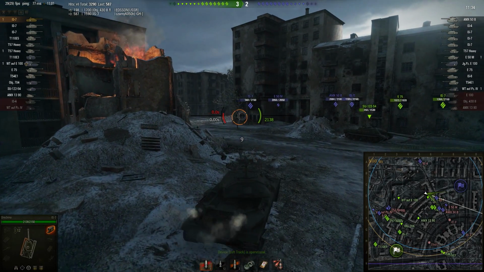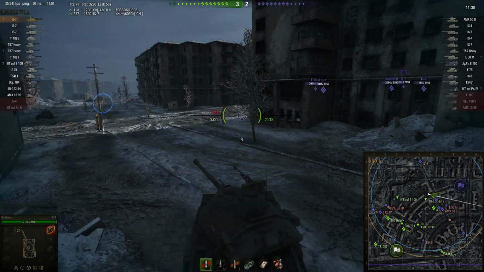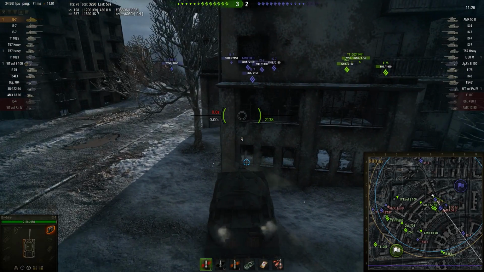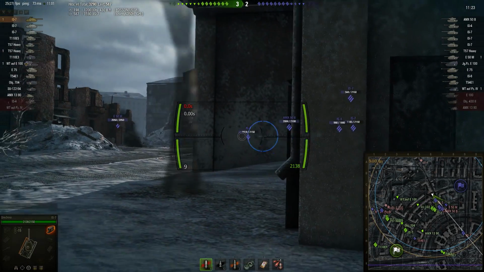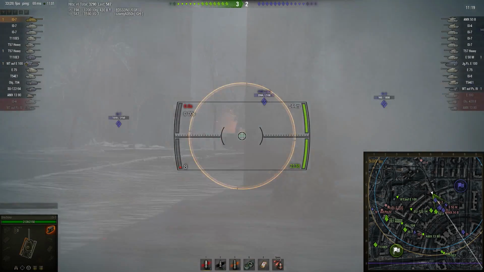IS-7 electing to use his repair kit. Doesn't want to take any chances now as he finally has realized how much danger he's in. Driverino is able to advance forward and put some pressure on this area. Gets into position to side scrape, but there's a little extra bit of building in front of him. He's not quite able to...